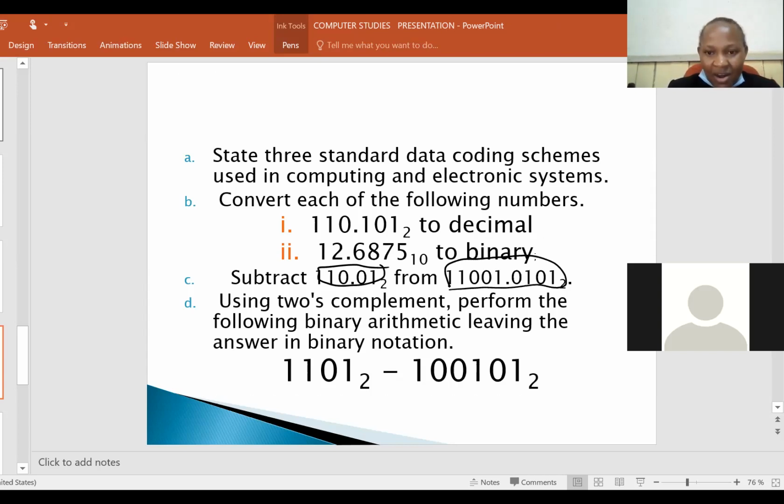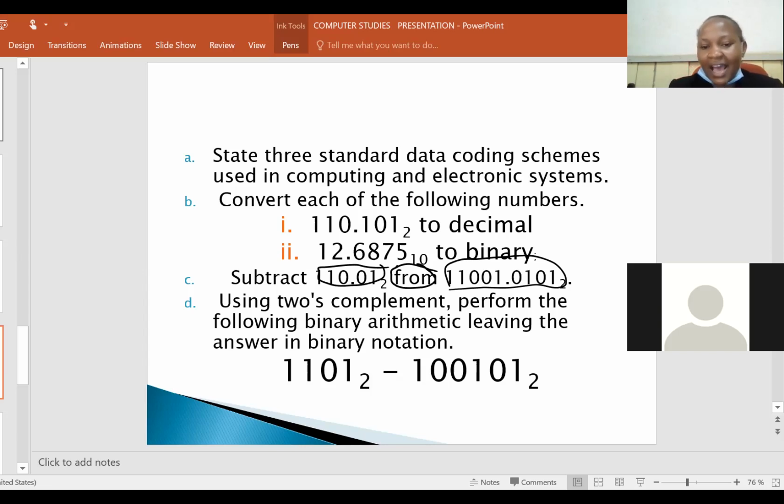So it will be now 11,001.0101 minus 110.01. So the word from here is a keyword in this question that you should not miss, because if as a candidate you approach it the other way around, definitely you are not going to get